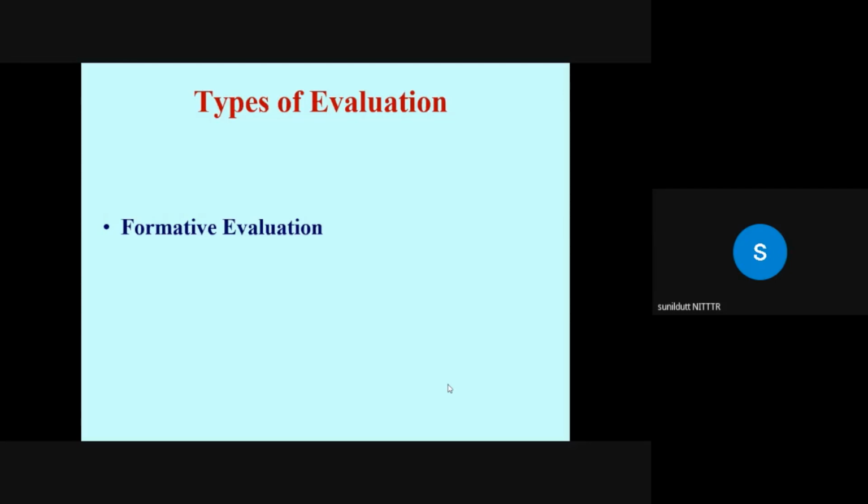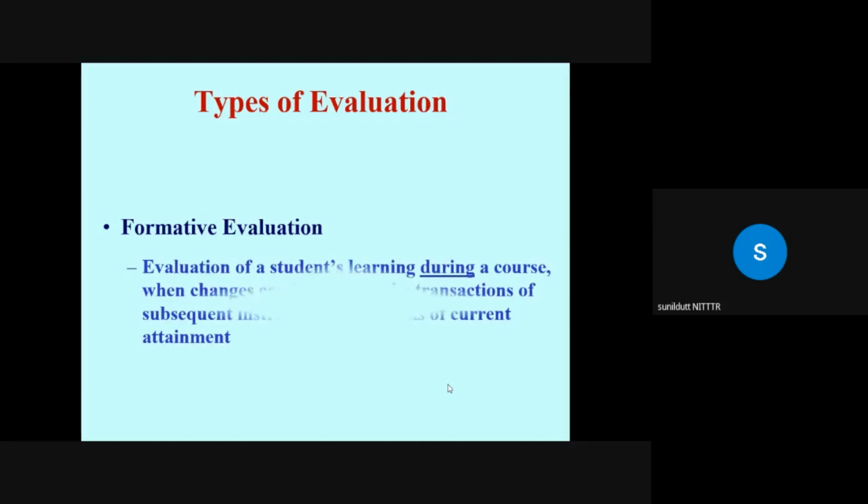So formative evaluation is carried out during a course, when changes can be made in the transactions of subsequent instruction on the basis of current attainment. The basic purpose of this formative evaluation is to provide continuous feedback to the students and to the teacher also,